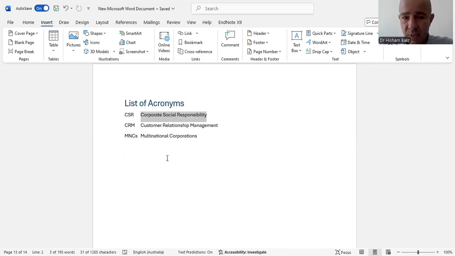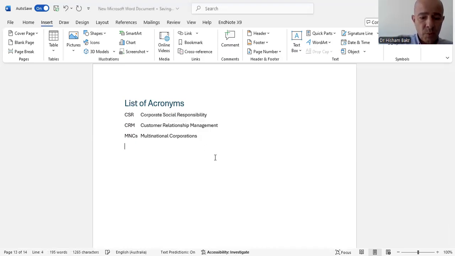The same for customer relationship management, the same if you are mentioning multinational corporations or small and medium enterprises. I'm going to add as well small, medium enterprises,